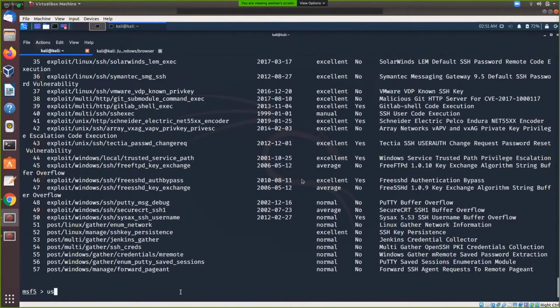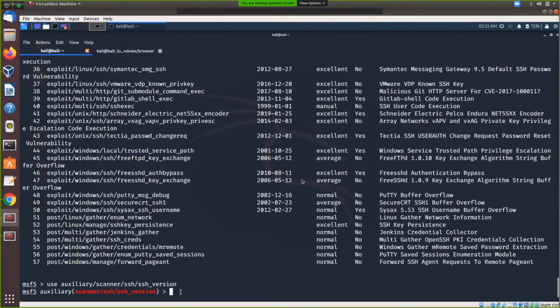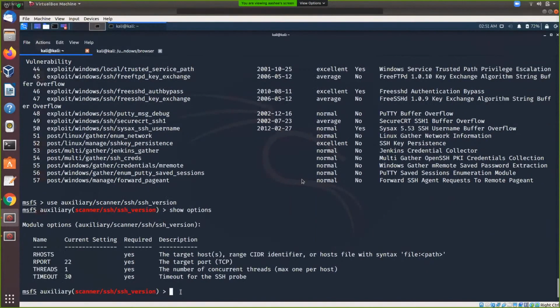And I'll use the command show options. We'll set our host over here to our Metasploitable machine's IP.